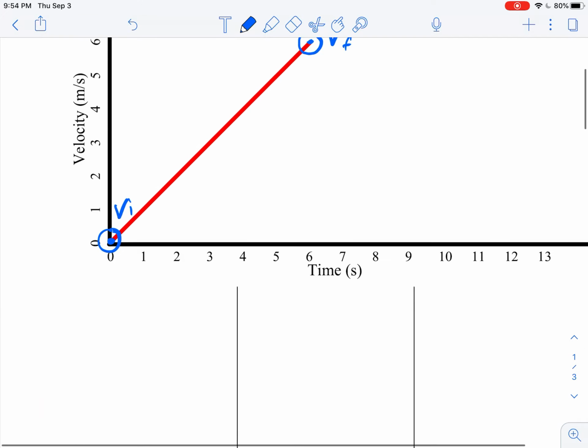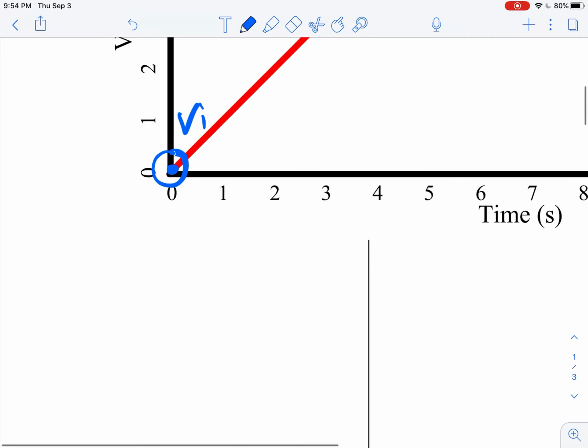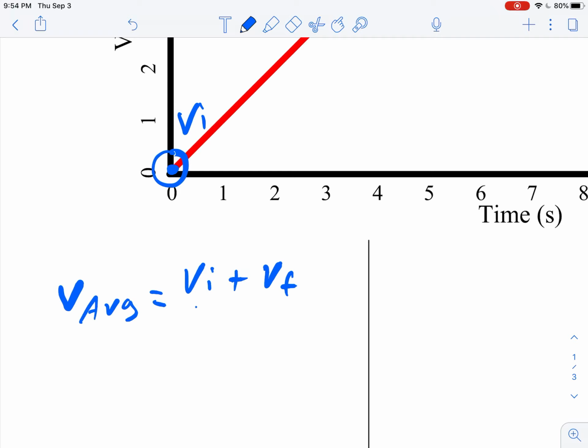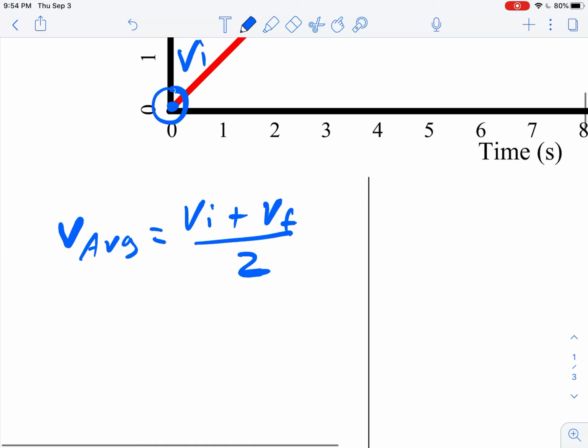Okay, so I have two values. And so what I'm going to do is take the average of those values. And since those values happen to be velocity, that's going to allow me to compute the average velocity. So I take VI plus VF, and I divide by 2. Just that by itself is pretty darn useful